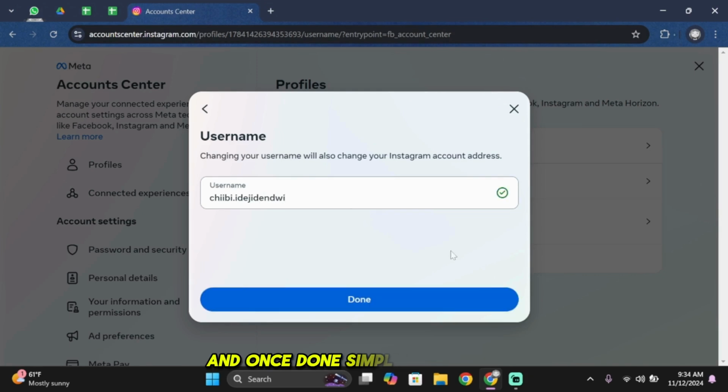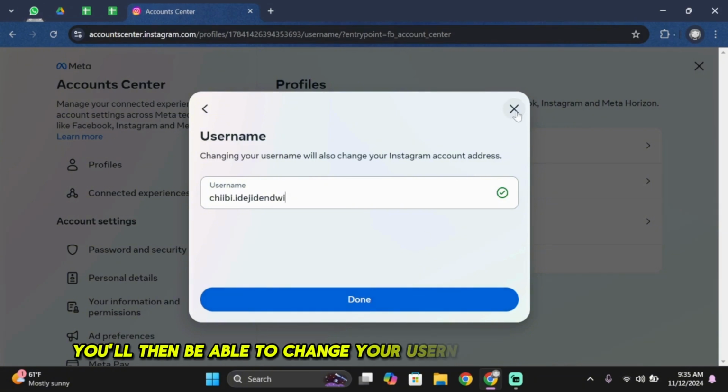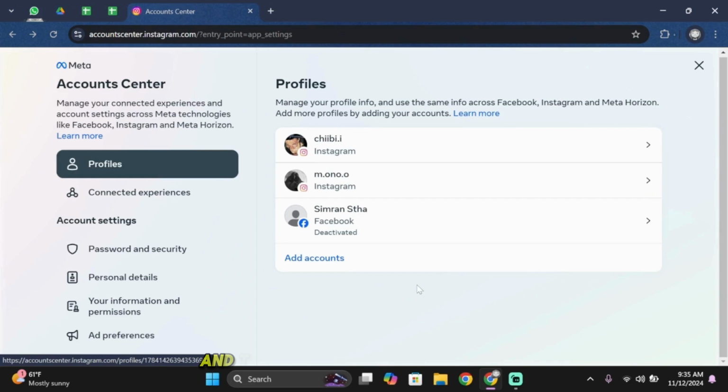And once done, simply tap on done. And just like so, you'll then be able to change your username on Instagram on PC. And that is how you can do it,